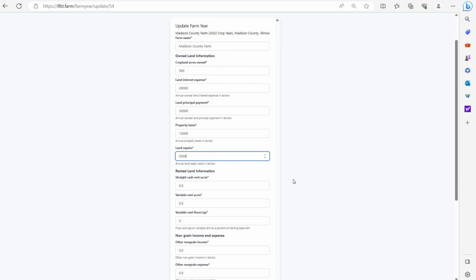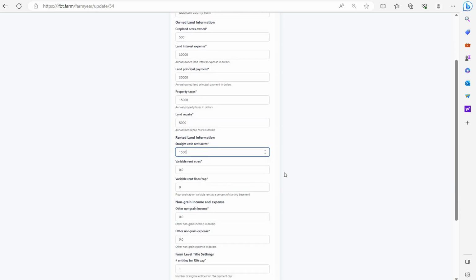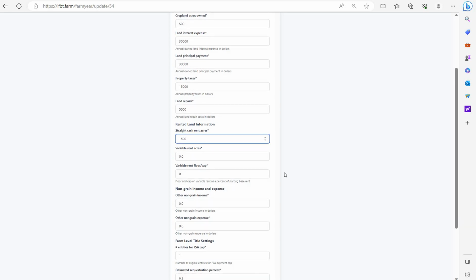The next section relates to rented land. Let's assume that in addition to the 500 acres that our farmer owns, our farmer is renting 1,500 acres for a total of 2,000 farmed acres. For these 1,500 acres, the farmer can enter these either into straight cash rent or in variable rent. For now, let's assume the farmer is paying straight cash rent for those 1,500 acres. So we'll input those 1,500 acres here. And we'll leave variable rent acres and the floor and cap